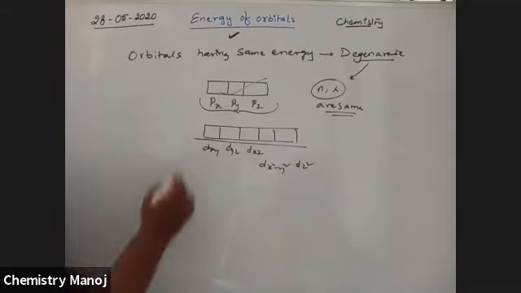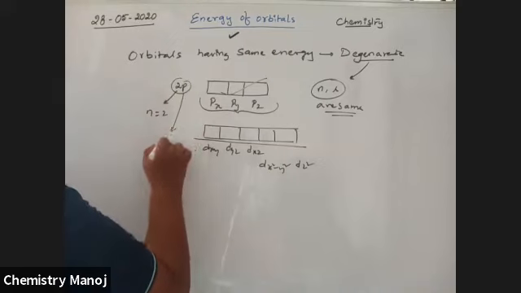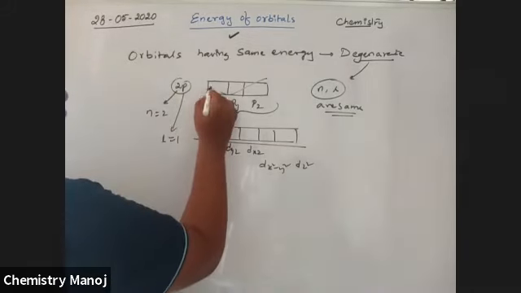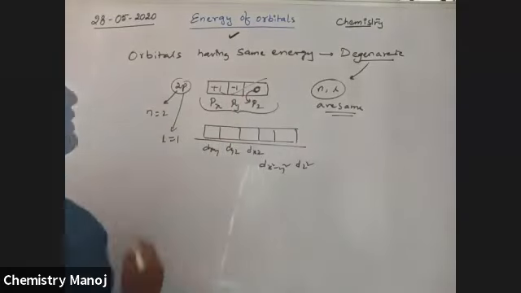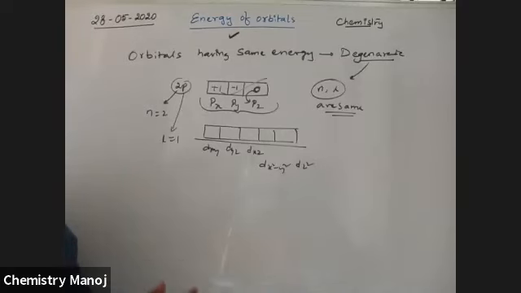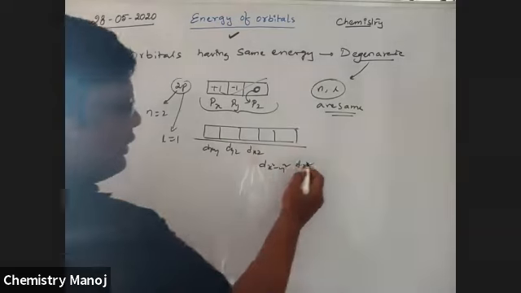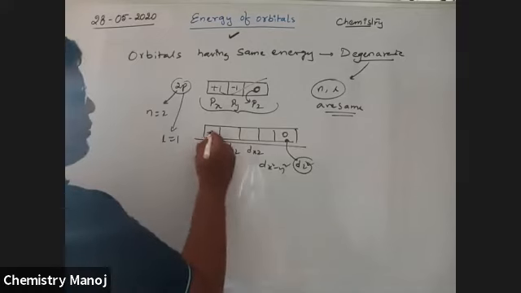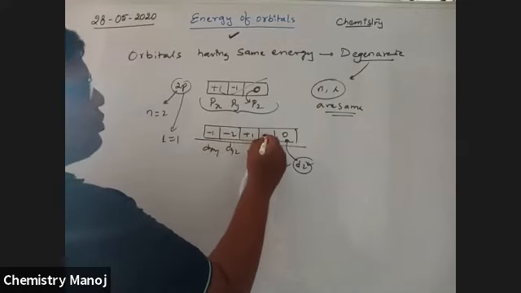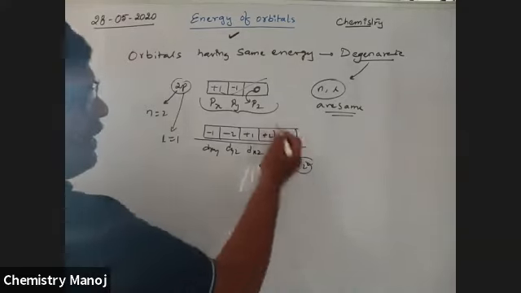For example, take 2p orbitals: n value is 2, p orbital l is equal to 1, but the m values are plus 1, minus 1 and 0. My dear boys, the pz orbital is always taken as the 0 m value, because the z-axis is the principal axis in our explanation. Here also, for dz square, the m value is 0. In the remaining cases it is minus 1, minus 2, plus 1, plus 2, but dz square has the 0 value.